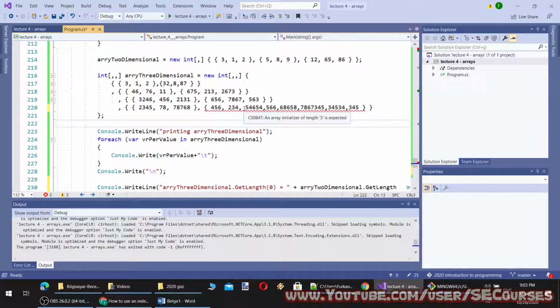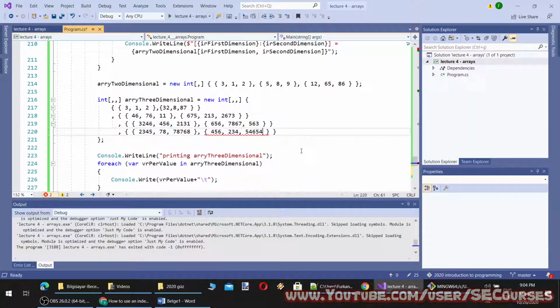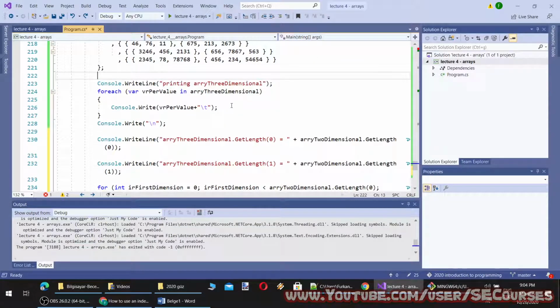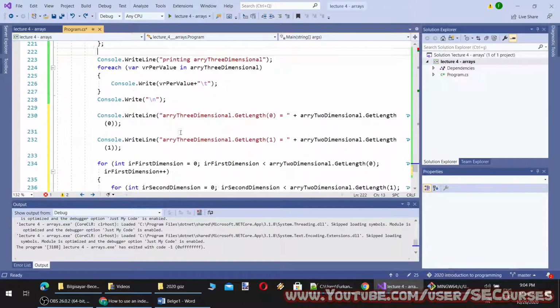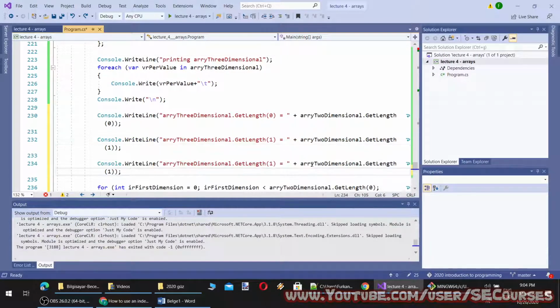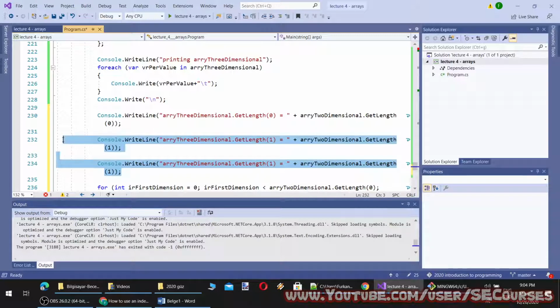It expects me to provide the same. Okay, one second. Since I know the dimension count, I'm not going to change these values at the moment. Actually, I can write it in the foreach loop.